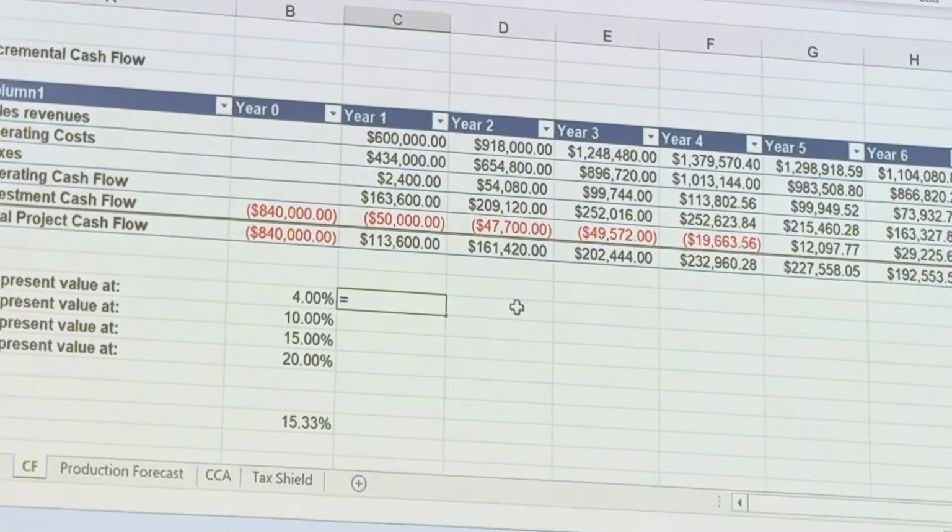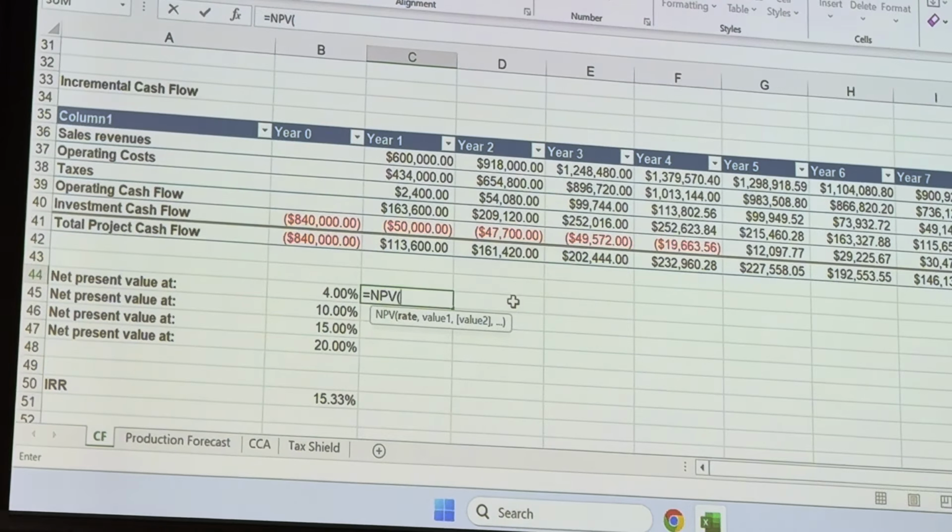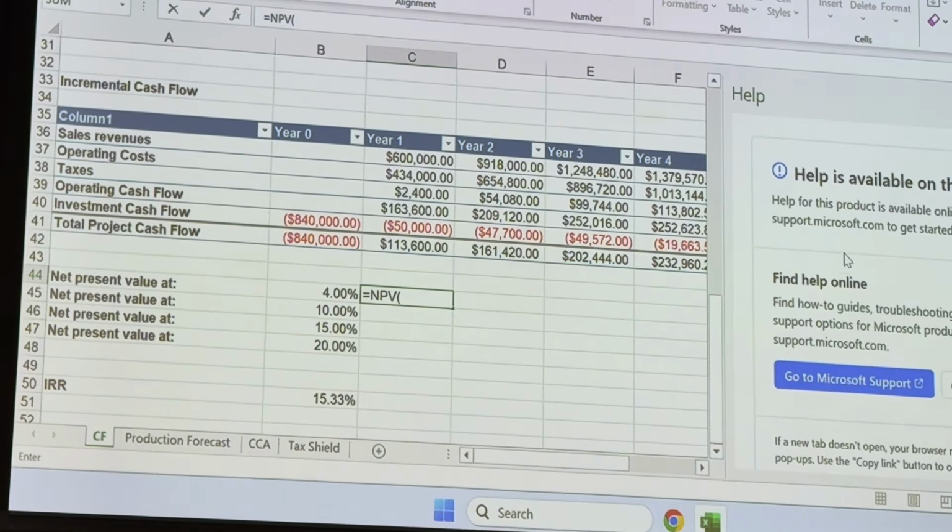You can do that with equal NPV. It is a function that is available in Excel. It asks for a rate and a series of cash flows. But the problem with this one, if you actually click on the help function,